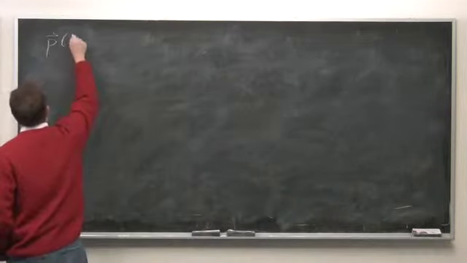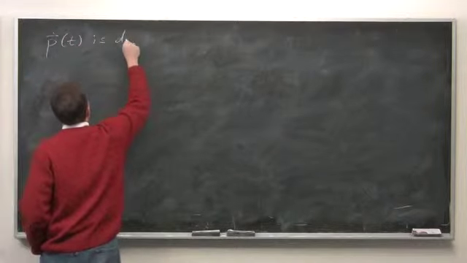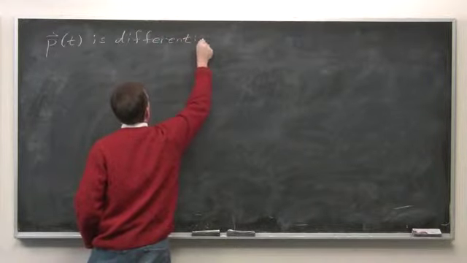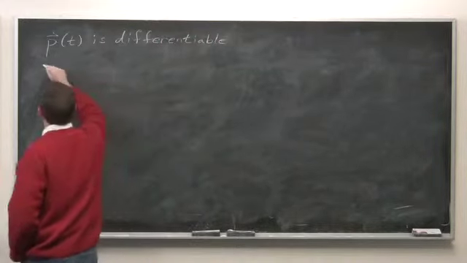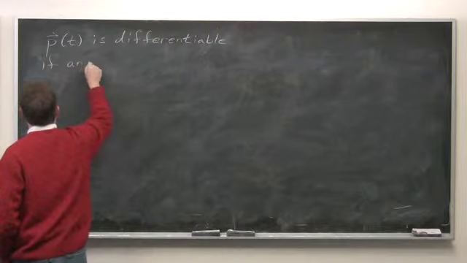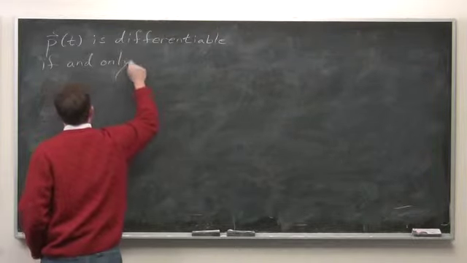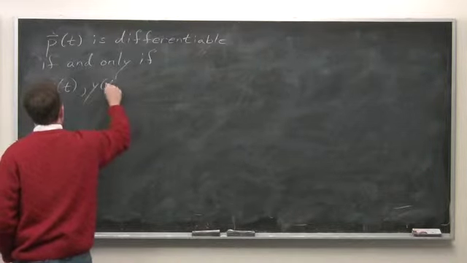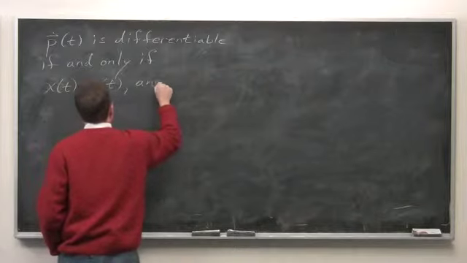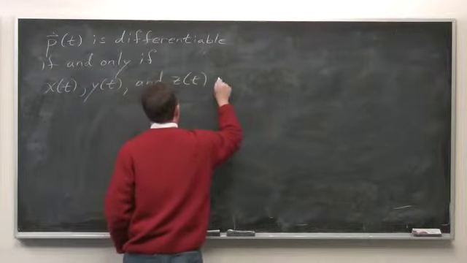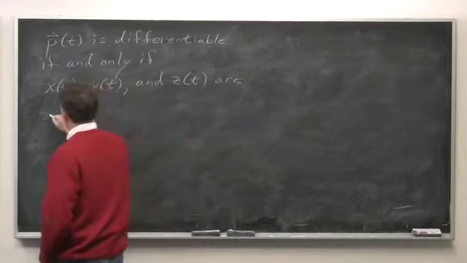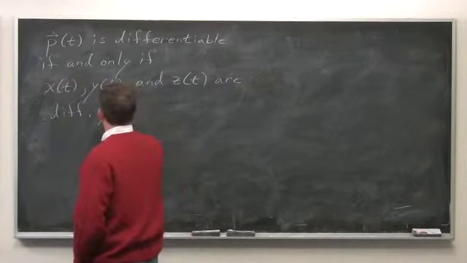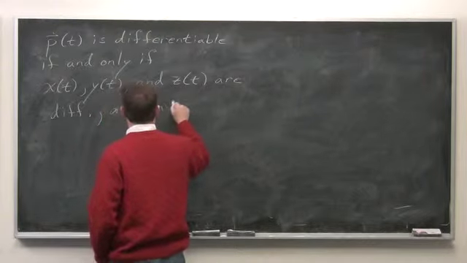P of t is differentiable if and only if x of t, y of t, and z of t are differentiable. And when this is the case, so when x of t, y of t, and z of t are differentiable, and in this case,